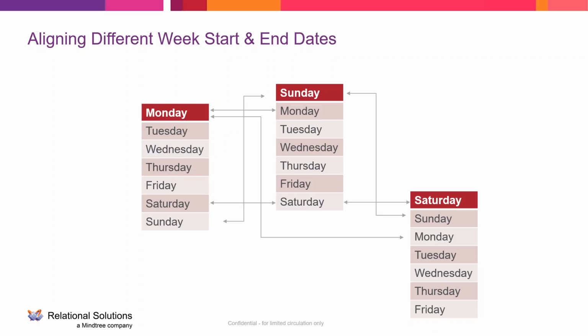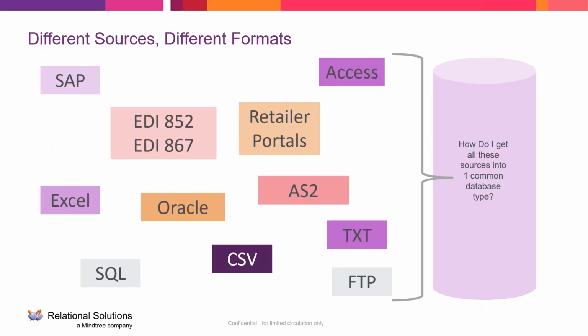So that data, how do you align week one of sales if your week is Monday through Sunday and retailer A's week is Sunday through Saturday? You have to pull out Sunday, you have to tack on the new Sunday and apply this old Sunday to the prior week. Same goes for this other retailer where you're getting week start dates that happen on a Saturday when your other retailer ended on a Saturday. So you have to adjust all of that information so that it aligns with the accurate date from each of those different retailers and from your own internal place. When you have dozens of retailers you're doing this for, this is extremely cumbersome.